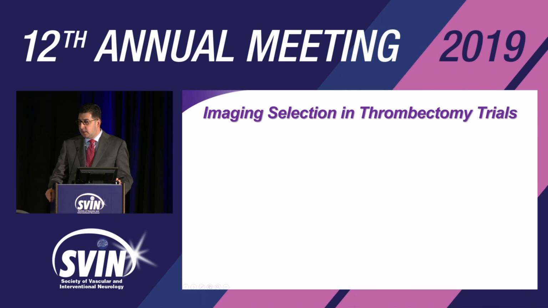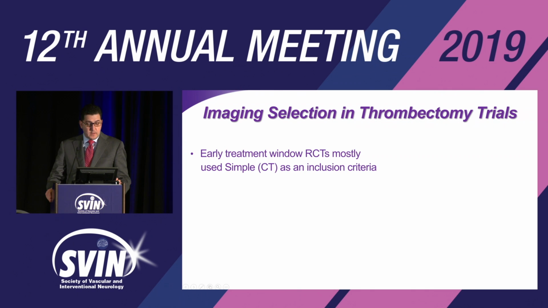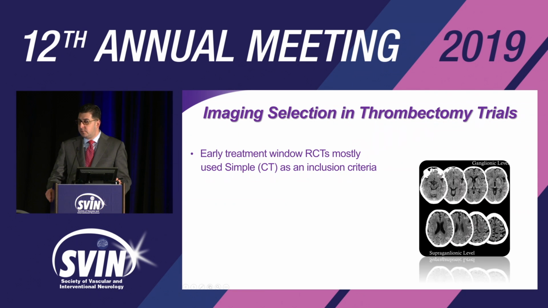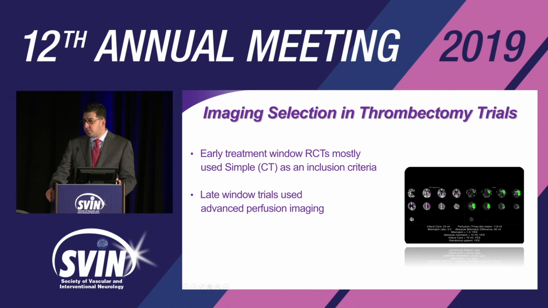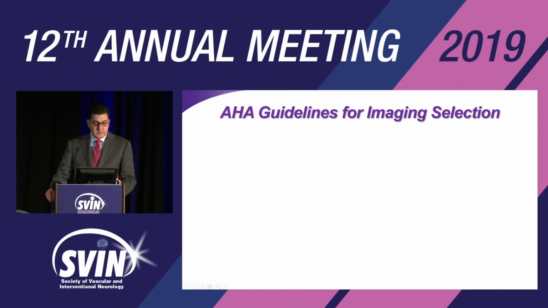So the study addresses two major questions in the field. The first one is imaging selection prior to thrombectomy. We know that the early window trials mostly used CT for imaging selection and used an ASPECTS cutoff of 6 or more. DAWN and DEFUSE 3 used perfusion imaging, with imaging mismatch or clinical imaging mismatch,